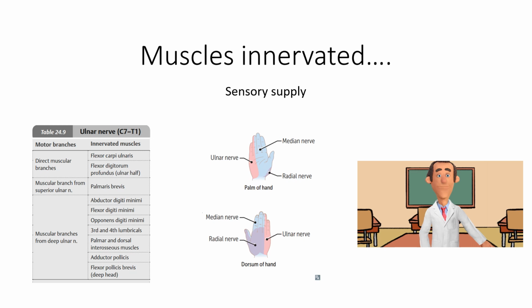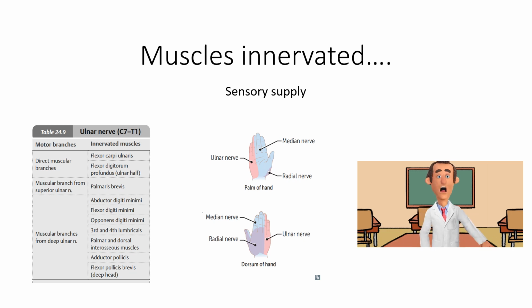So guys, let us summarize what we have learned in this table. The muscles supplied by the ulnar nerve include flexor carpi ulnaris and the flexor digitorum profundus ulnar half in the forearm, and it has two branches, the superficial ulnar nerve and the deep ulnar nerve. The superficial ulnar nerve innervates palmaris brevis muscle, and the deep ulnar nerve innervates the hand muscles, especially